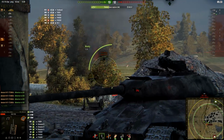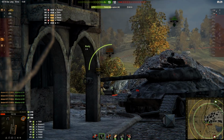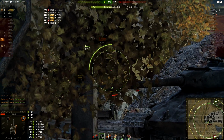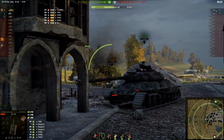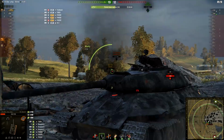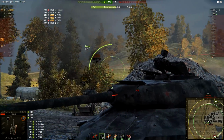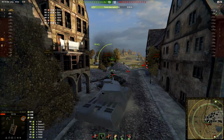But what else to say? This tank has 1700 HP, I said that already, view range 400 meters, and this tank has 6 crew members: commander, driver, radio man, gunner, loader and loader. So 6 crew members. And these were first details about VK168.01